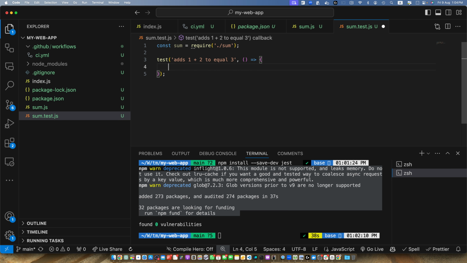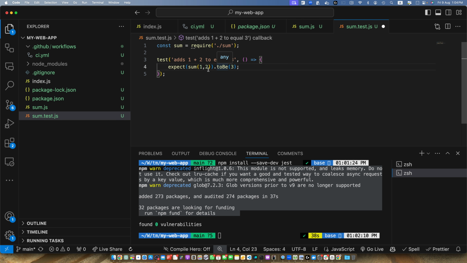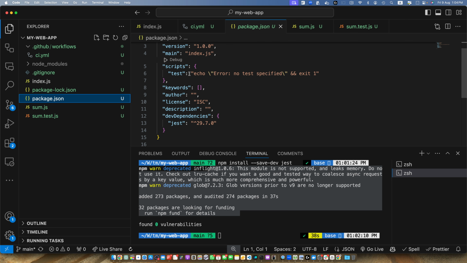Within that we will call the expect function, and we will pass the function sum that we exported from the sum file, and we are expecting that the plus or sum of these two numbers should be 3. If that function returns 3, then that means our function logic is working correctly and we can consider it a passed test. Now save it,